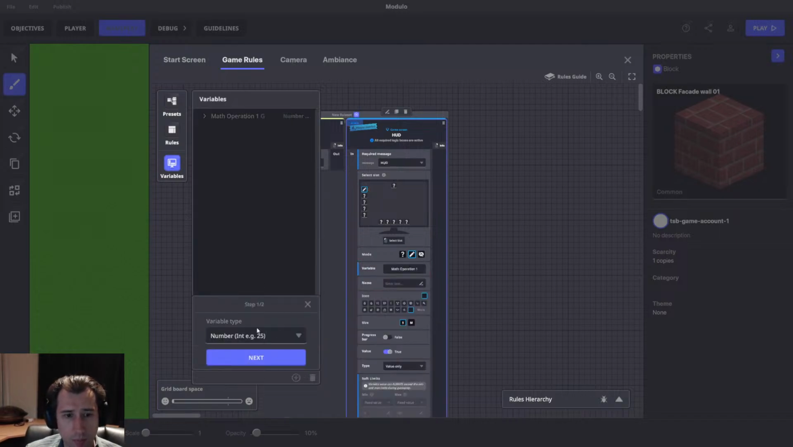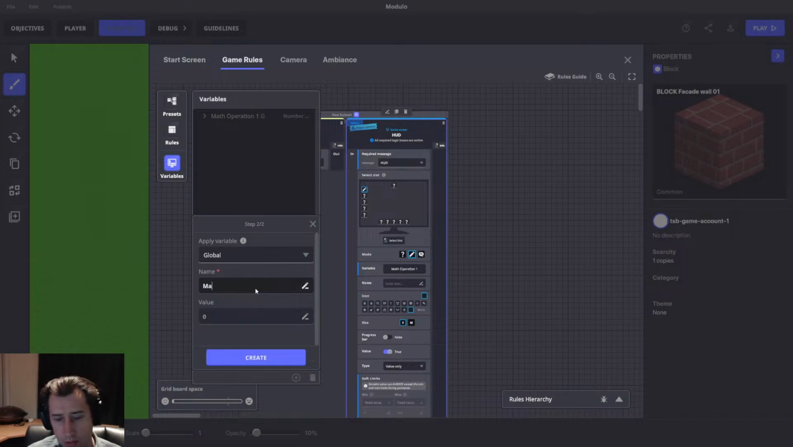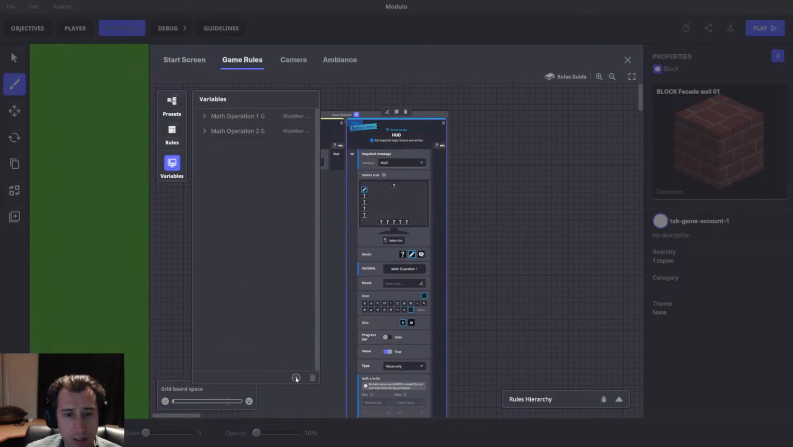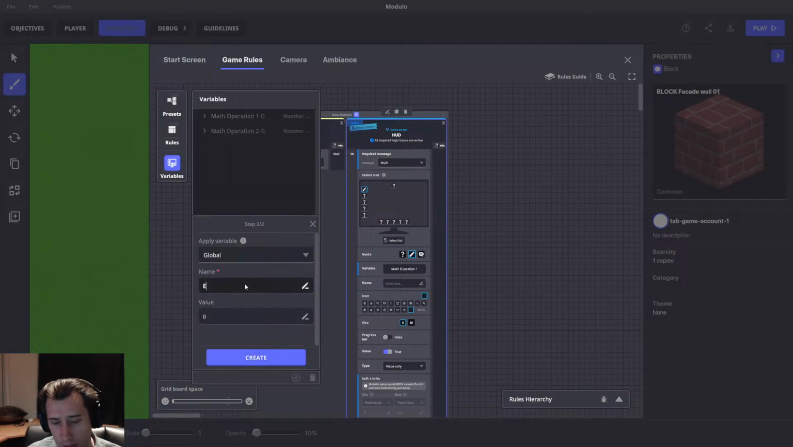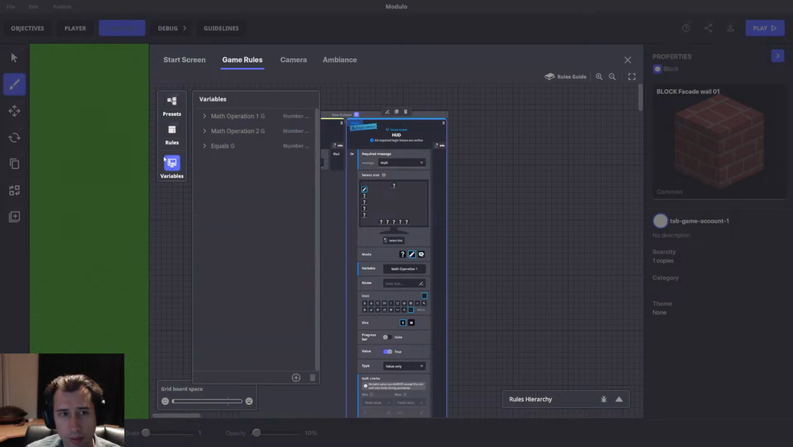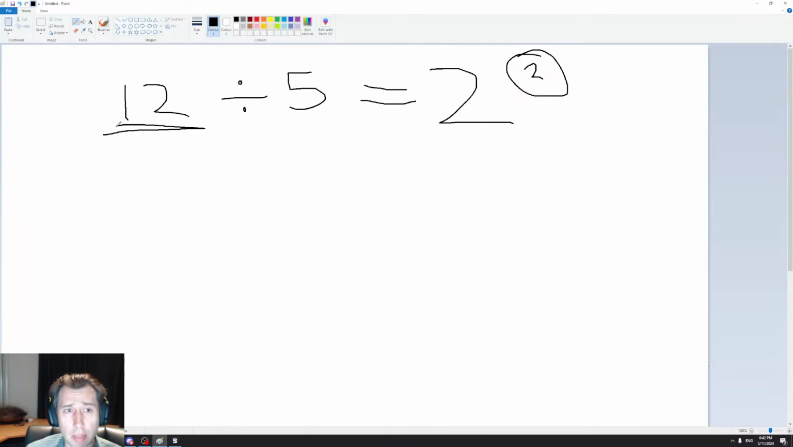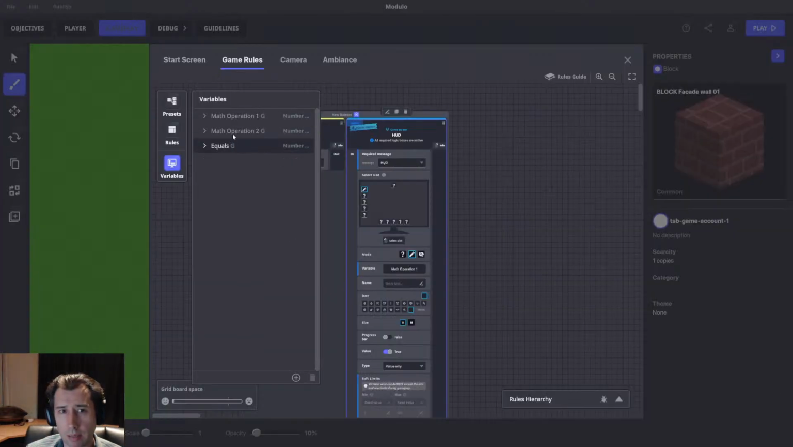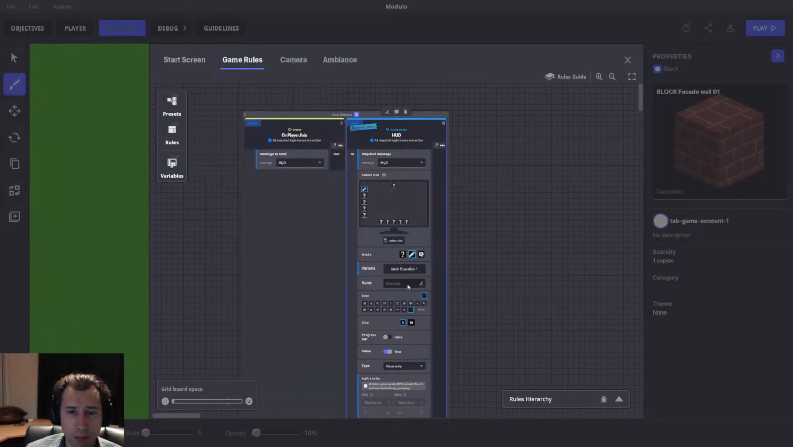And we're going to create another one. And it's going to be the same thing, but we're going to call this math operation 2. And then we can do another one and we'll say it equals. Something like that, right? Okay, basically math operation is somewhere we're going to place our variable, and this one's going to be something we place our variable, and it equals is the result. So basically this one here is math operation 1, this one here is math operation 2, and that one is our result, our equals. So they're the 3 slots that we have for that,